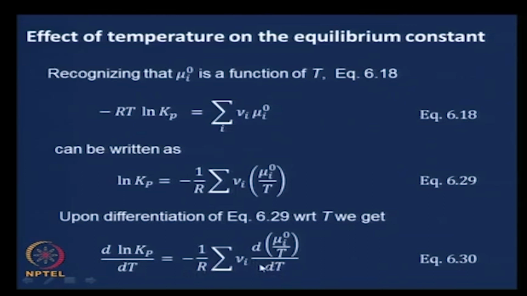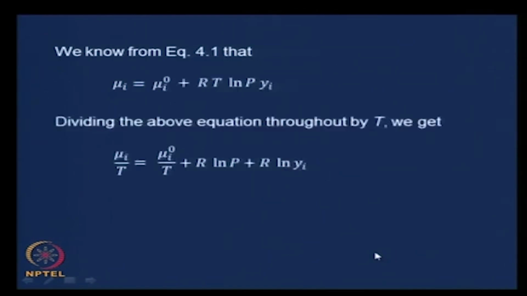Therefore, if you take T out here, you will get plus, there is a minus 1 by T here. Therefore, when it comes out, you get plus 1 by RT here, and this would be ν_i H_i summed over all i, and that is what we have said here,